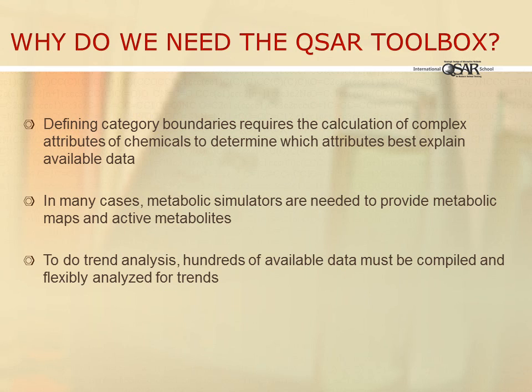But also to determine which attributes best explain the available data, having the available data together at your fingertips instantaneously for a whole class of chemicals is really important, and that's the difficulty of doing this first bullet. It's very difficult to do,